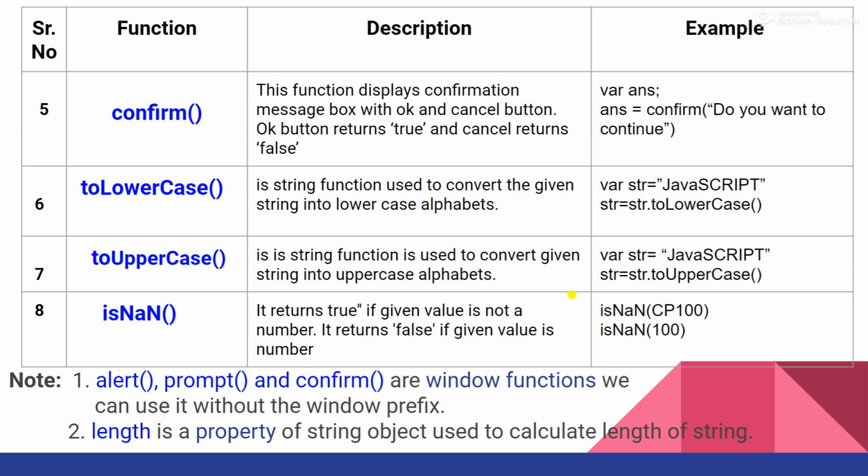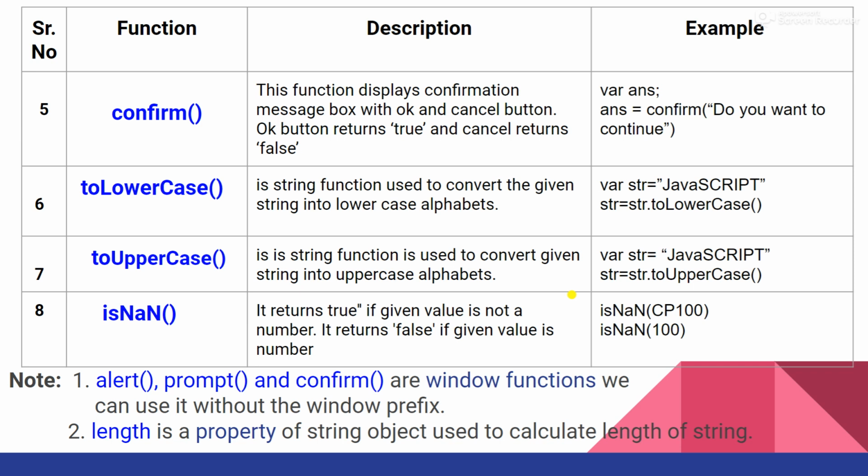The second example is isNaN(100). Now for 100, no single or double inverted commas are there, so surely it is a number, right? So what value will it return? It will return false because it is a number, right? The function name is isNaN: is not a number. If it is not a number it will return true, and if it is a number what will it do? Return false, right? So let us see what note is given.